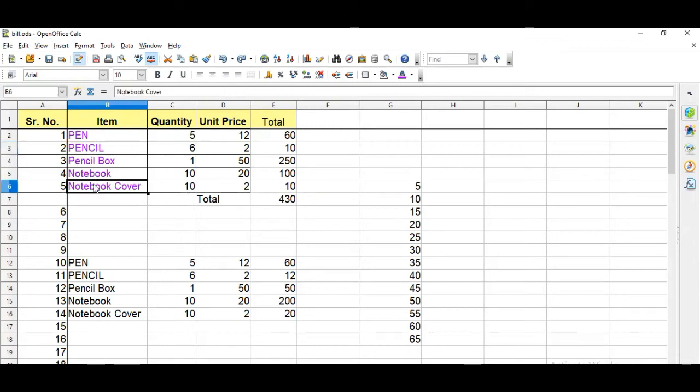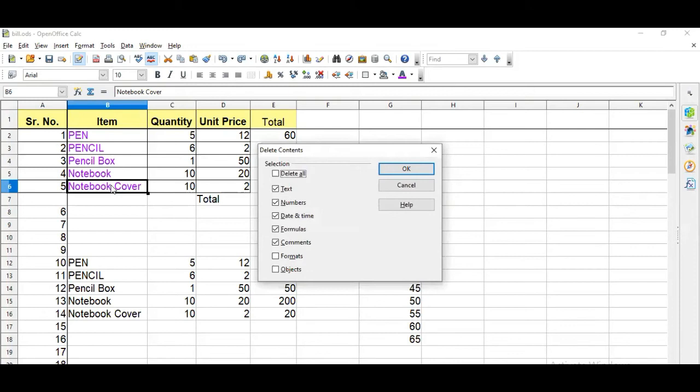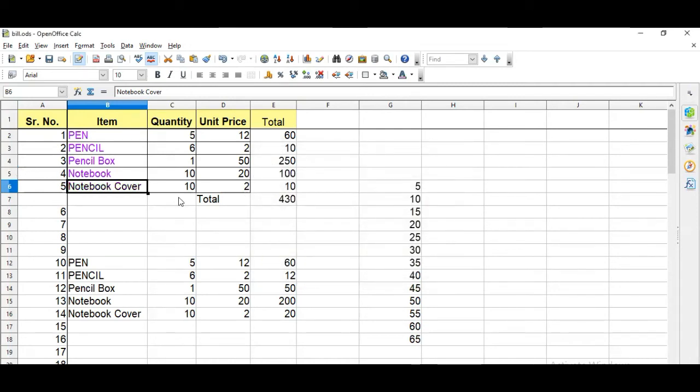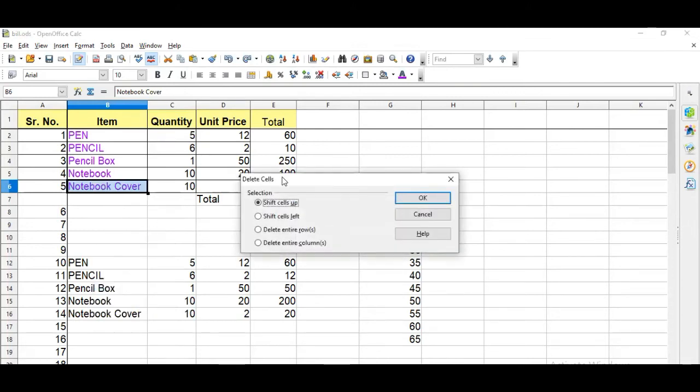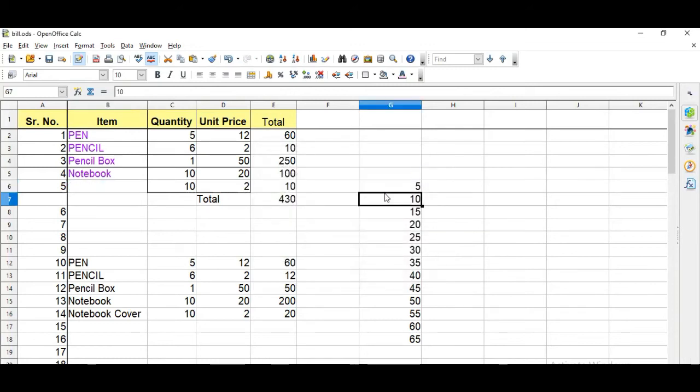Now, how to delete cell content? For example, if I want to delete whatever is in this cell, select the cell and press Delete. Okay, and now it is going to show you what you want to delete from this cell. You have different options. For example, if you want to delete the format only, now it is in black color only, since we have only one formatting, that is black color. So now it is removed. If you want to delete everything inside this, then press Delete All and click OK.